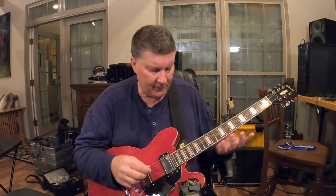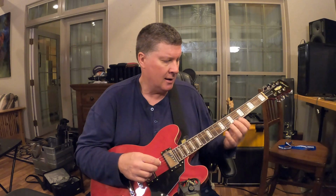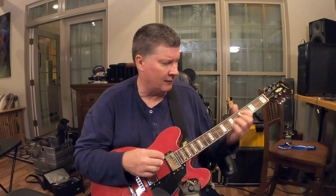As I'm playing lead stuff, practicing my leads, I would probably go to a set of 9 to 42 strings or something. I am certain that what these are, 10s, came with it. They're very high quality, nice strings. I think they were D'Addario. I can't even remember now. It's been so long since I've had it, but